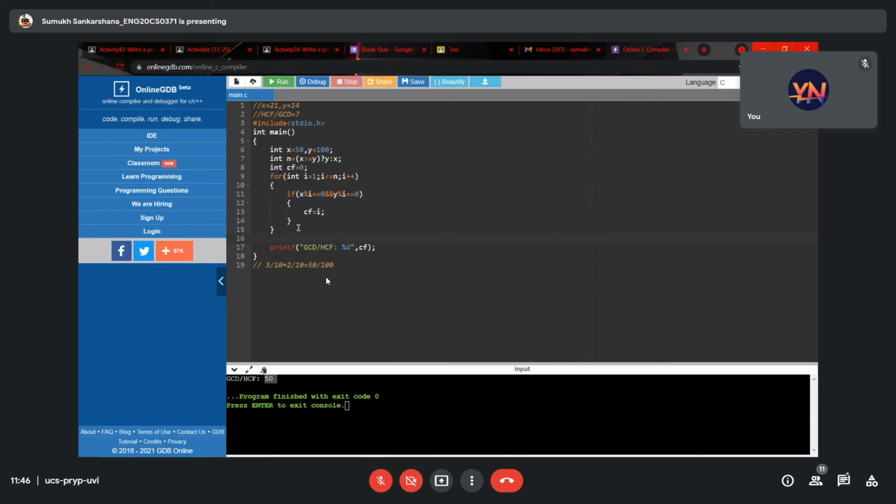Have you explored the objects? As I told you, whenever you take a fraction, you basically do this. This will be your thing. When will you get 50 by 100? You will basically be multiplying 5 into 10, and you'll be adding that with 2 into 10 in this case, and you'll be dividing the whole.